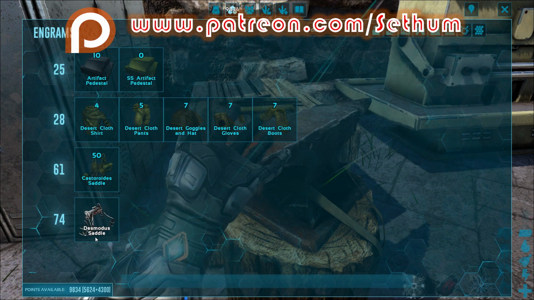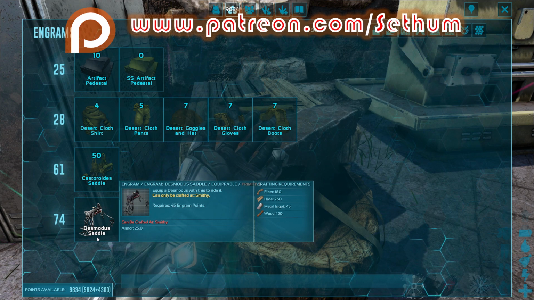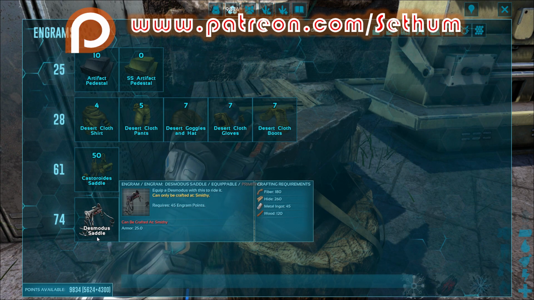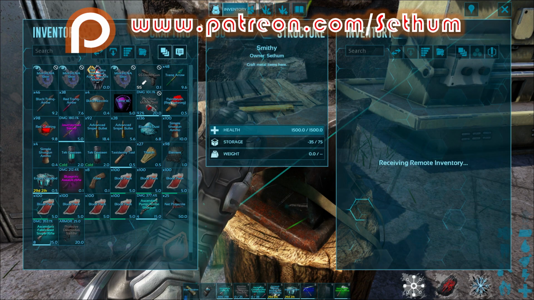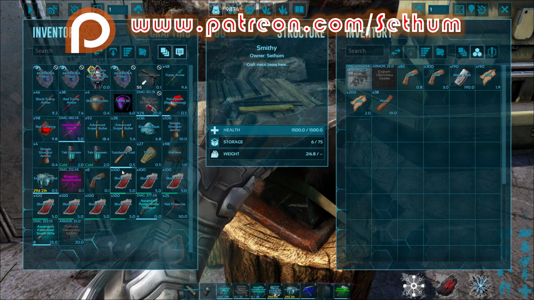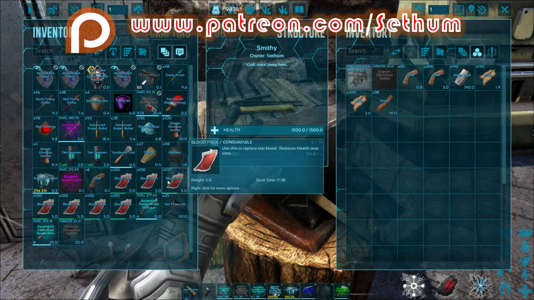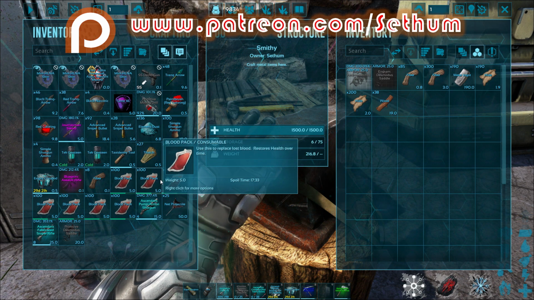able to ride this. So this is what you'll need, level 74, and of course these are the resources that will be required to be crafted, and of course you can craft that in the smithy. So not an expensive saddle to create. Of course, on top of that, you will need blood bags, which can be complicated to get if you don't have a Desmodus already. And of course, on top of that, I recommend using a harpoon gun and some nets,